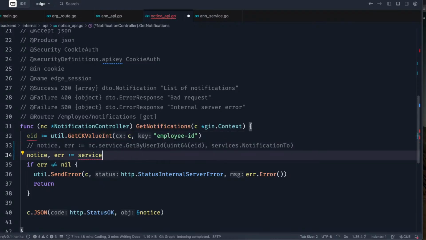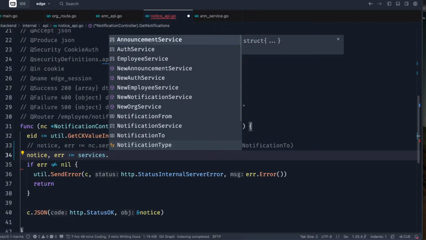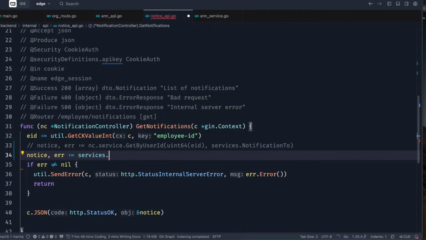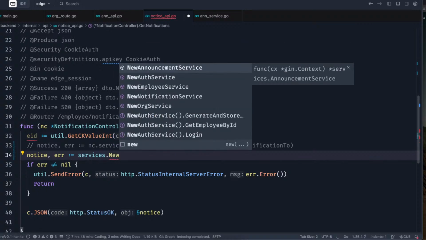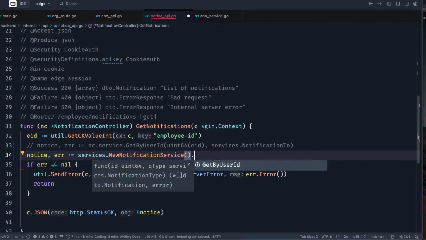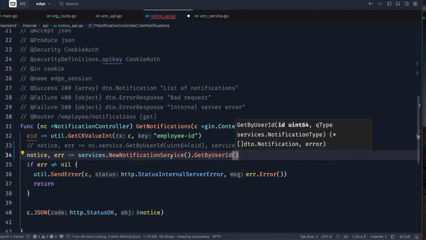These services, okay, services dot get. Okay, we're going to create new first. You can't just call the function. You have to create new instances of the announcement service. Okay, this is notification service. Once you create the new instance, then you can actually call chain stuff, as in call it in chain, because